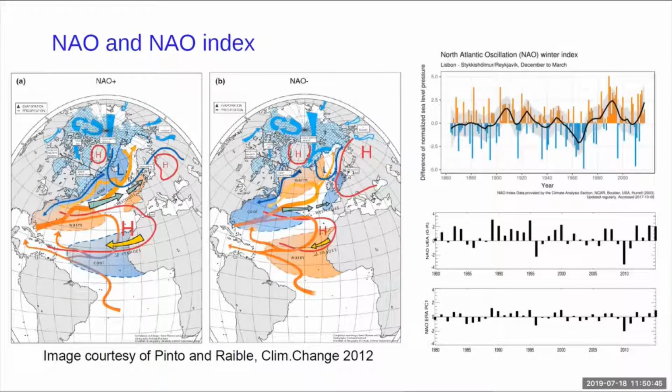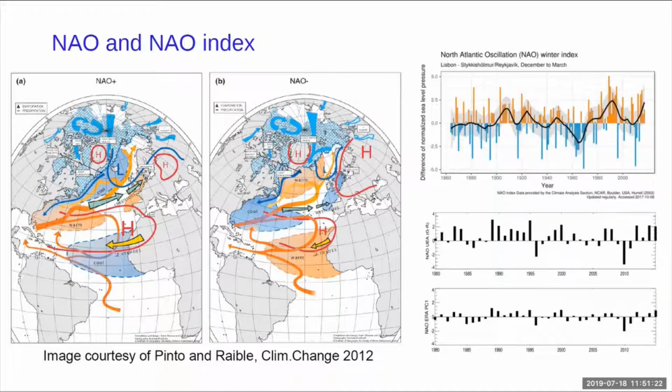This first slide shows the two different phases of the NAO, the positive phase and the negative phase. And this shows that there are large differences in atmospheric circulation, precipitation, temperatures. So the NAO really drives variability in the North Atlantic, or is a good statistic for variability in the North Atlantic. And on the right-hand side, you can see that the NAO index is used as a measure of the NAO, and it can be calculated in a variety of ways, but they all show very similar temporal evolution.